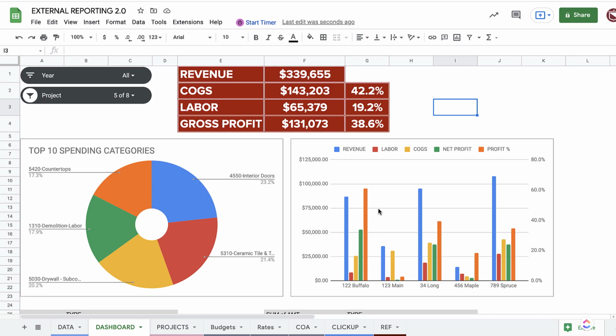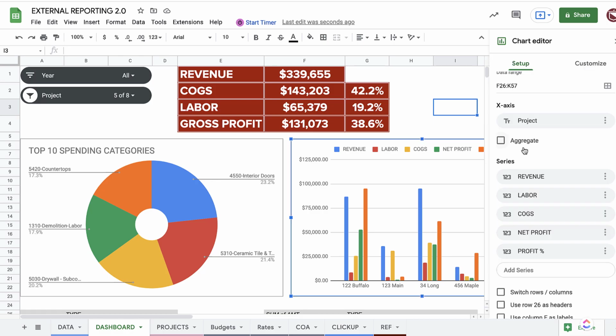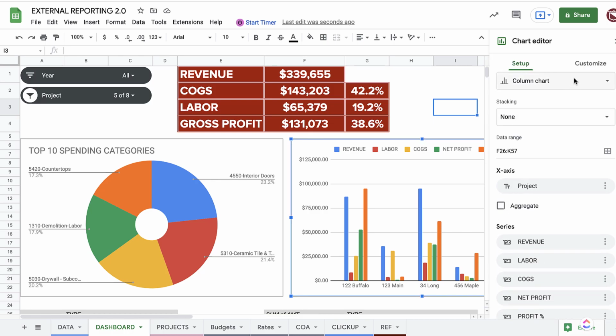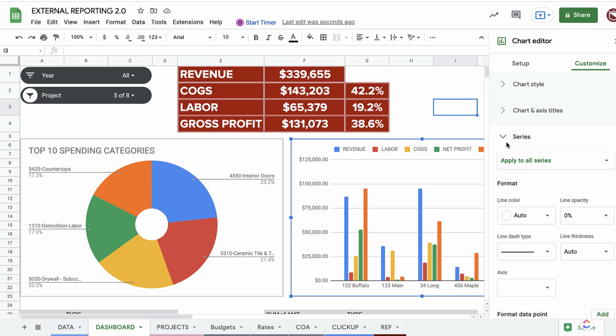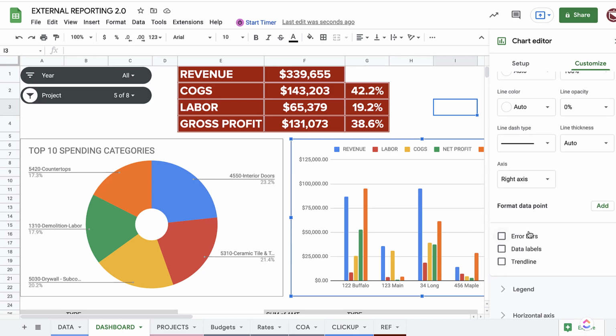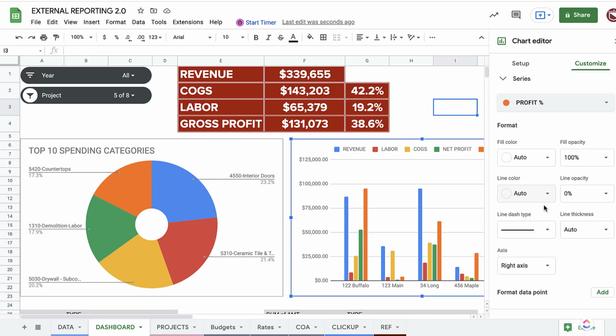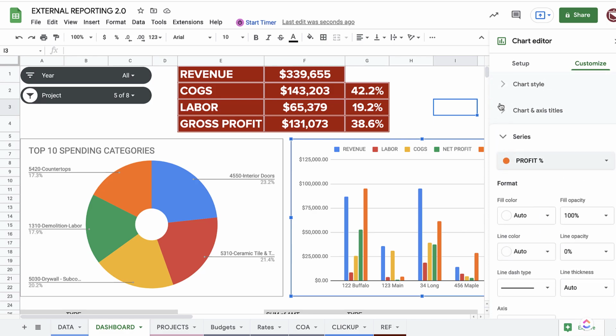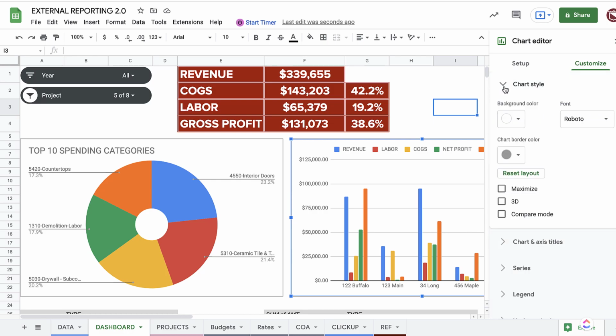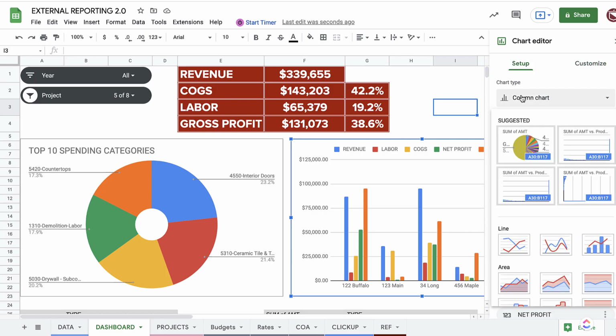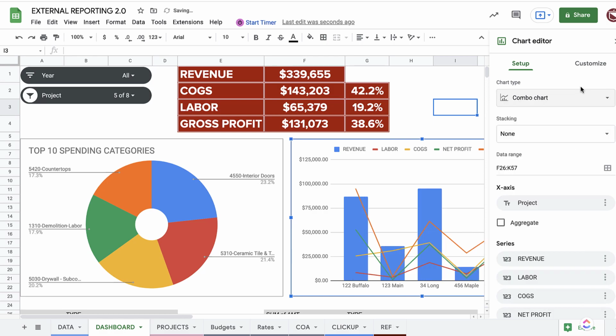The other thing I like to do with this, though, is to separate out my percentage to a different chart type altogether, meaning like a line, okay? So again, I can go to customize, I can go to series here, and my profit percentage, actually what I have to do first, I have to set it up as instead of just a column, I have to do a combo, okay? So I'm gonna do that, all right? So I got my combo set, but now I have to tell